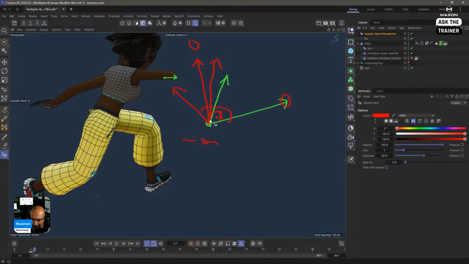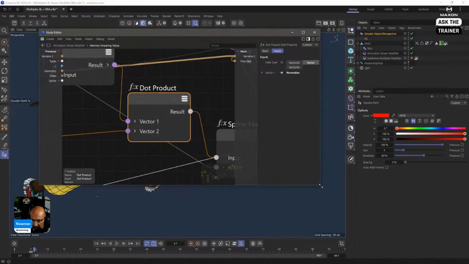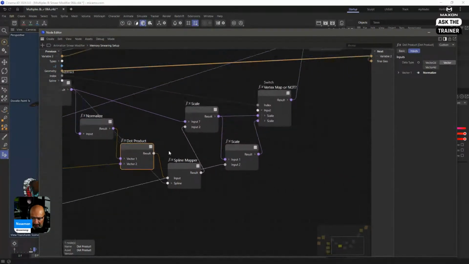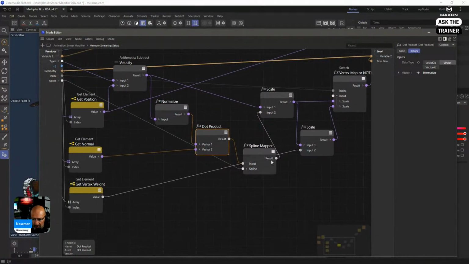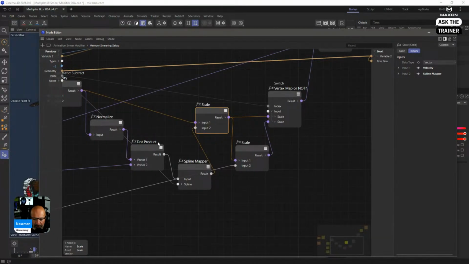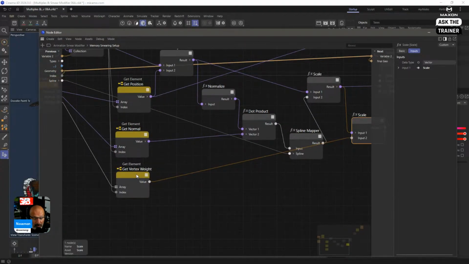Again, some cosine thing, they take this, they project it here. And if you take this as 1 unit, you don't care, because all I want to know is that I can compare the normal and the velocity and use that number to tell this how much to move. That's how simple it is. And this is what I dream about at night. I don't know. Am I okay? And you just take that. You take the dot product, you map it. I put a mapper here so we can make things go a bit faster, a bit slower. You scale it up because things are calculated in single units and whatnot. So you make it bigger, and then you scale it up again because you say, okay, I want it to work with vertex maps.